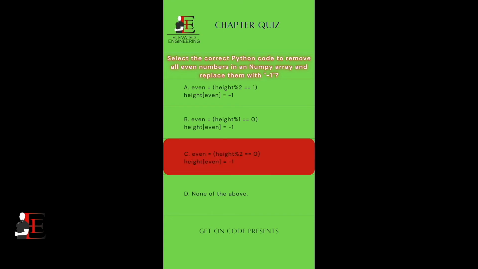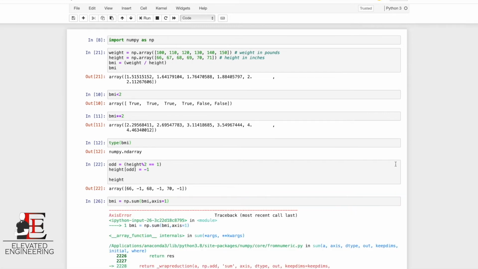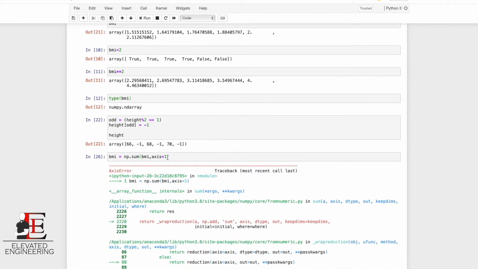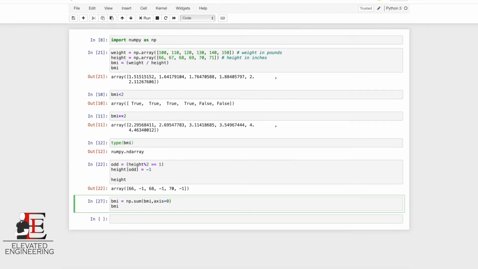Weapons fire detected. I made a mistake. Actually, when you do it at 1, it's because BMI only has one column. You actually have to set it to 0 and not 1, because 1 will be the second. And there we go. So let's do that, and then let's print that out. Matter of fact, let's change the name of that from BMI sum,